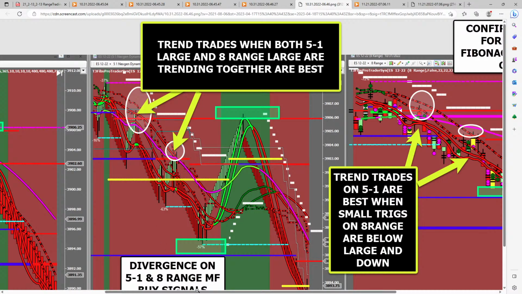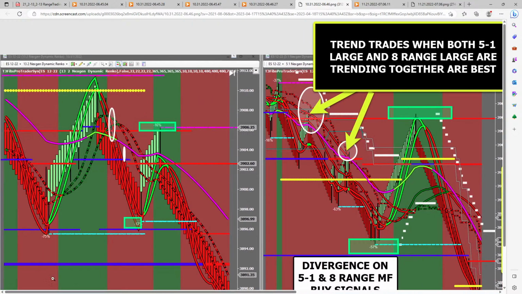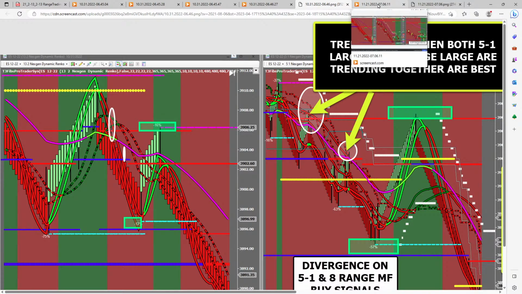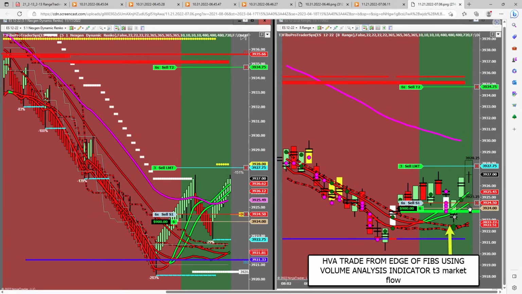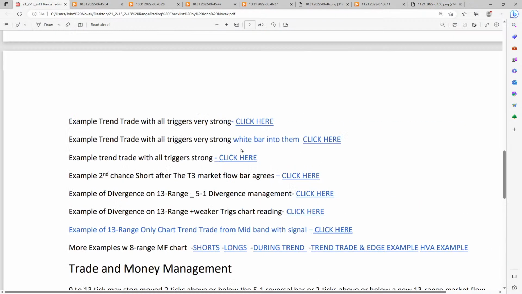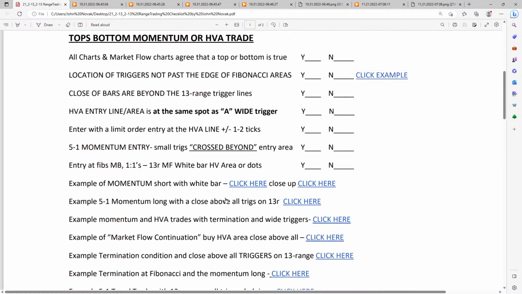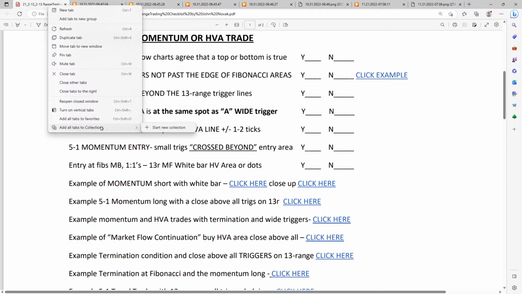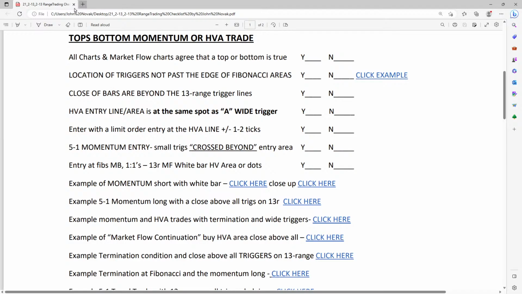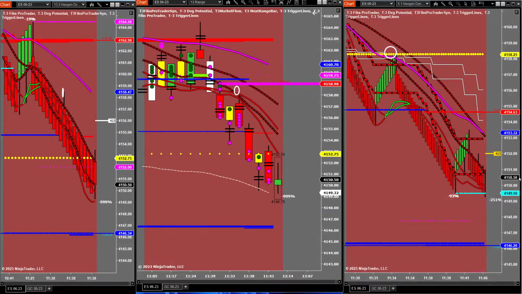This is a little bit of a messy chart, sorry about that, but anyway. So I think you use the 8 range chart for high volume area, tops and bottoms, and for 5-1 trend trades. And then if you want to transition into a little bigger chart because you need to slow it down, then you can do that. And I did both. I actually had the 8 range and the 13 range together. And what I found is it gives me,